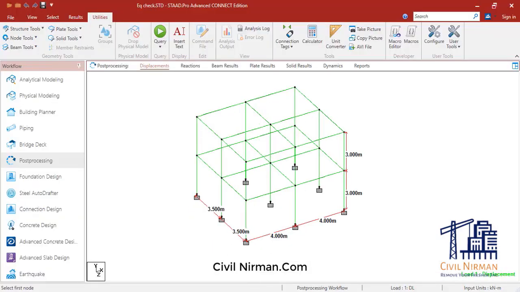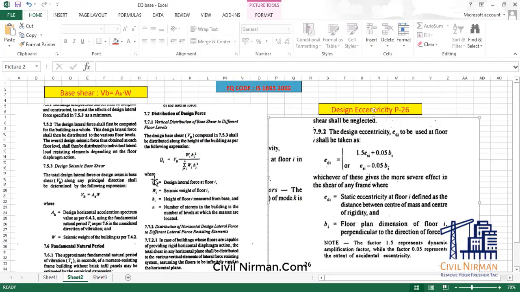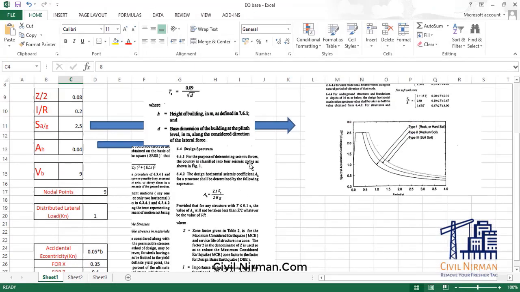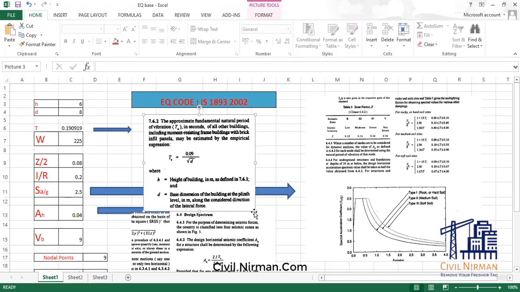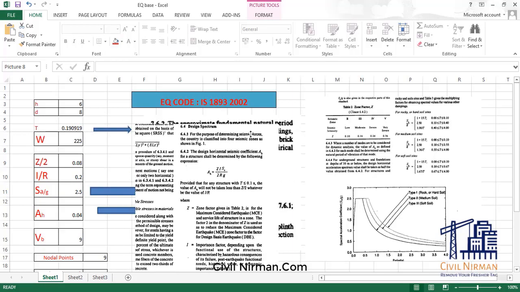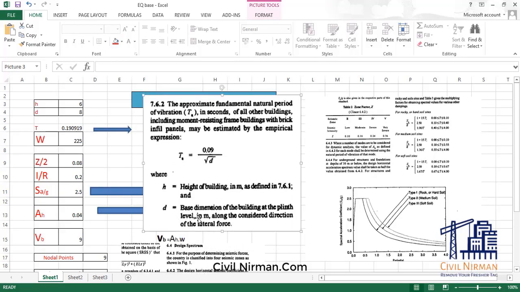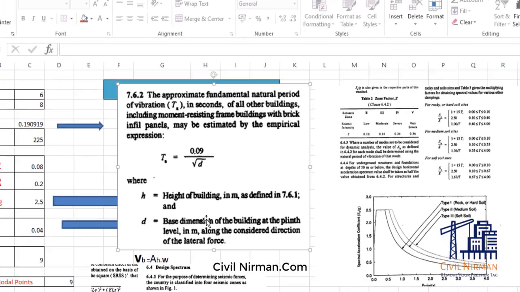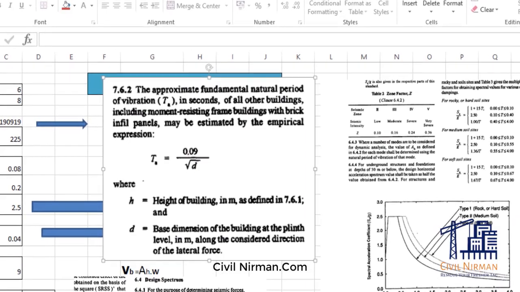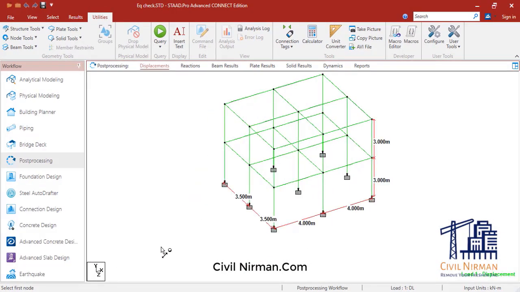Why 8? If you observe in your code, in the time period definition, that is T, over here your D is mentioned. You can look there that it is the base dimension of the building at the plinth level in meter along the considered direction. Currently we are considering the X direction, so for that your D will be 8 meter.